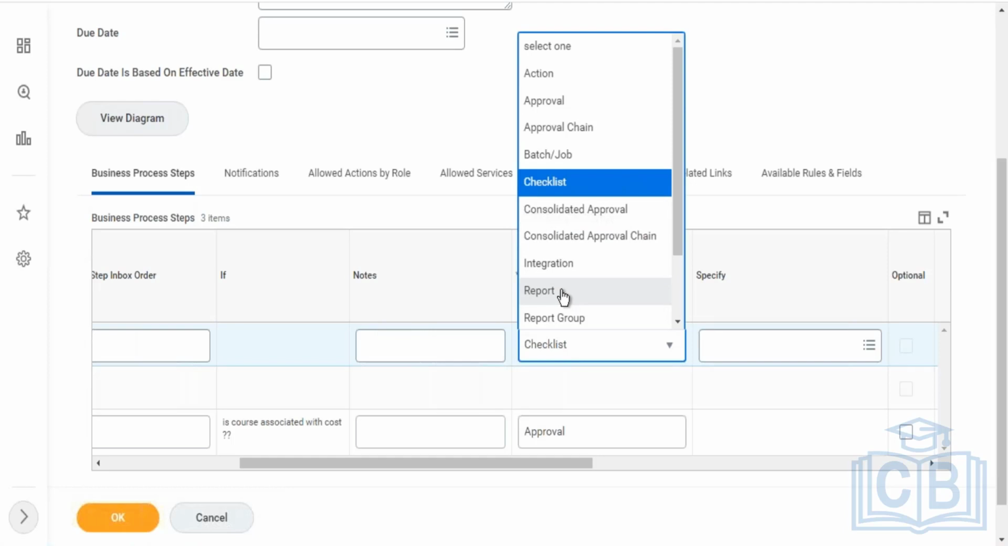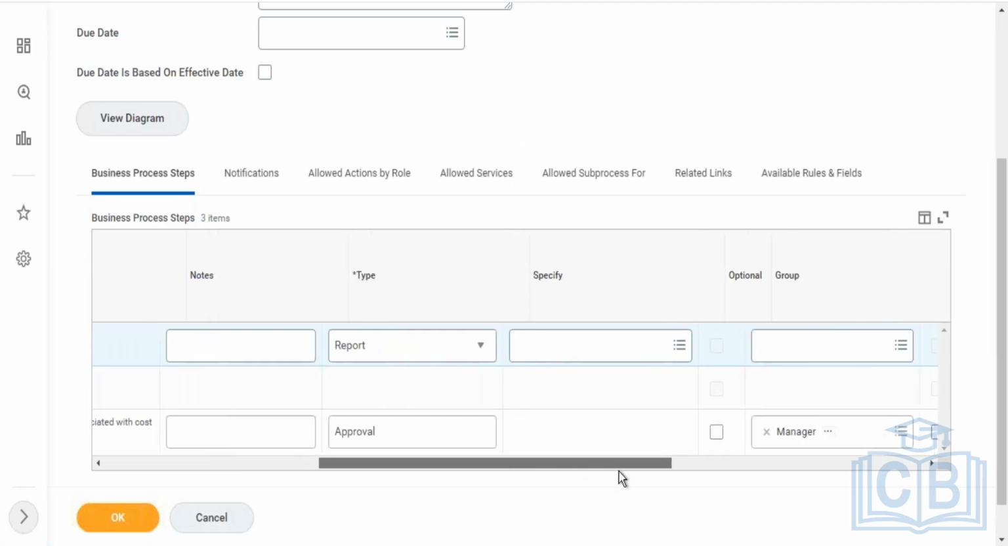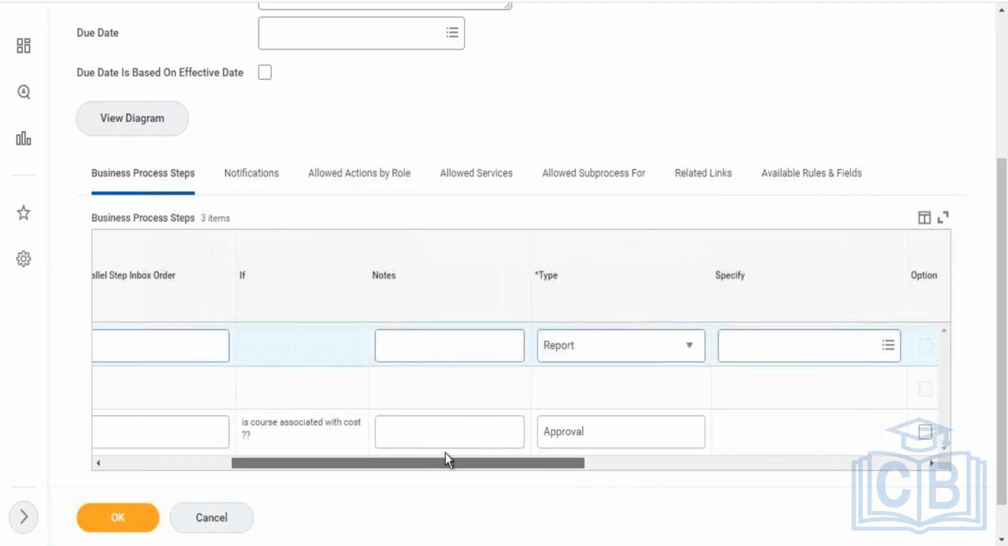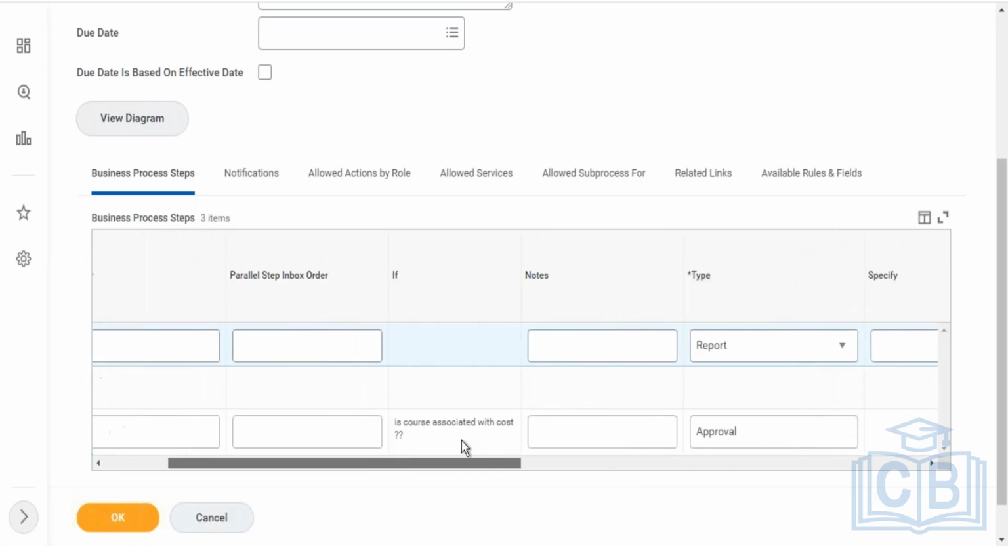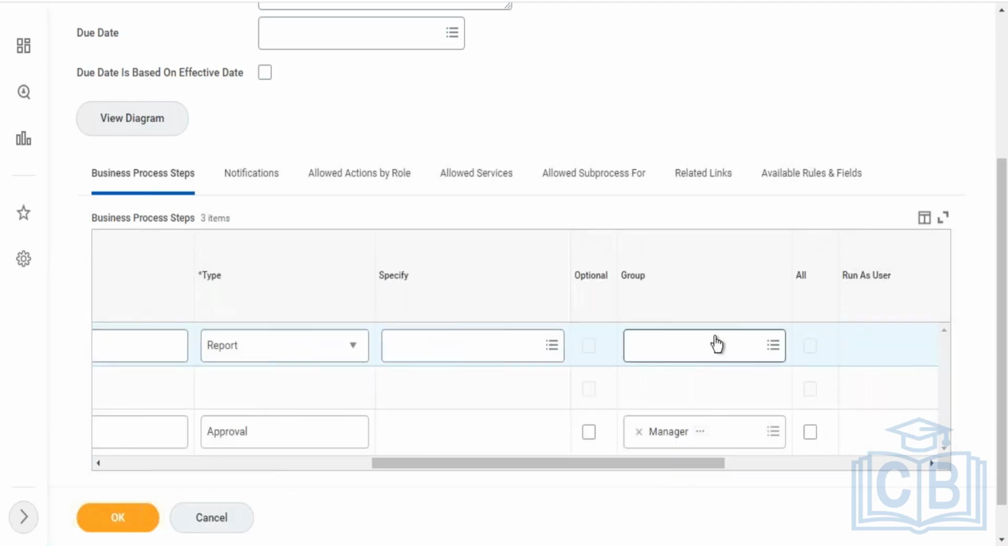Now the report. Report is nothing but if you wanted to attach a report to the business process. Let's say if you're having a list of business process types where you need to configure the report output to this one, you'll be giving this one. So once you select report and click on OK, it will ask you to add the report. Okay, so let's say